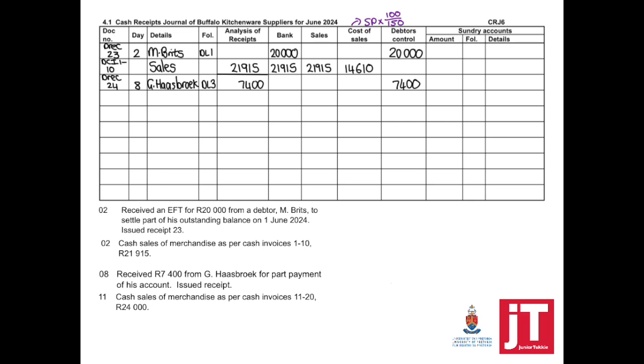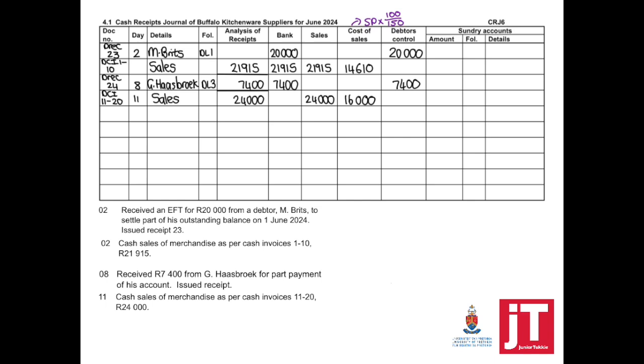The next transaction happened on day 11. So this means that we draw a line. How much do we deposit in our bank account? 7,400. Day 11, cash sales of merchandise as per cash invoice 11 to 20, 24,000. Source document, duplicate cash invoice 11 to 20. On day 11, details sales, analysis of receipts 24,000, sales 24,000, and to calculate the cost, take the selling price